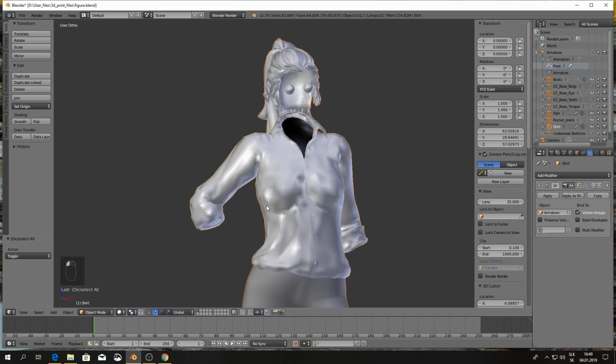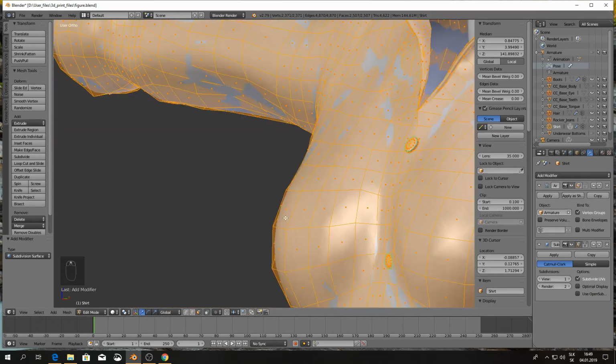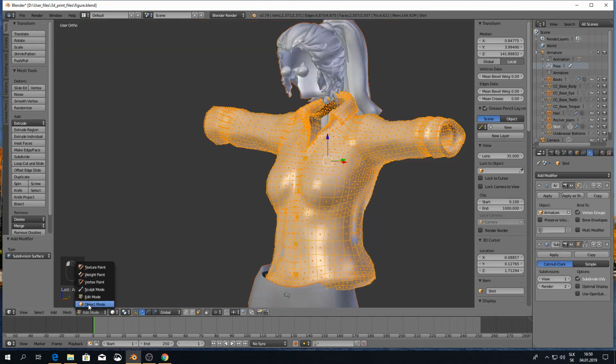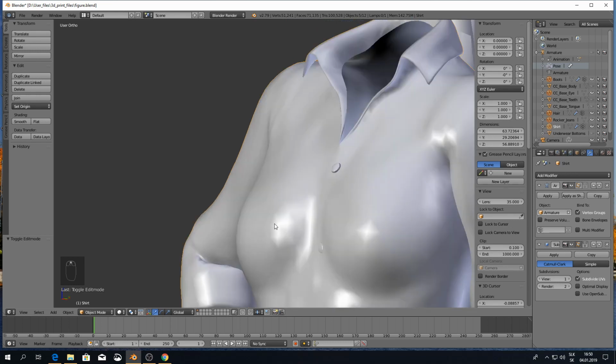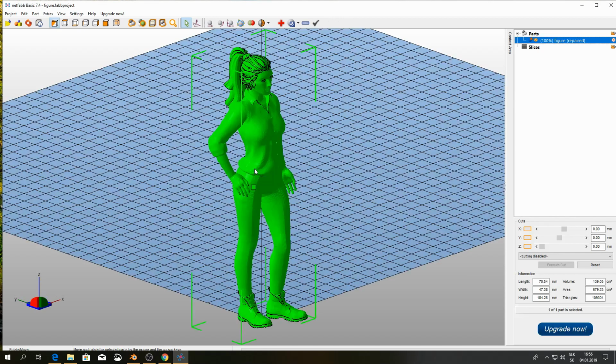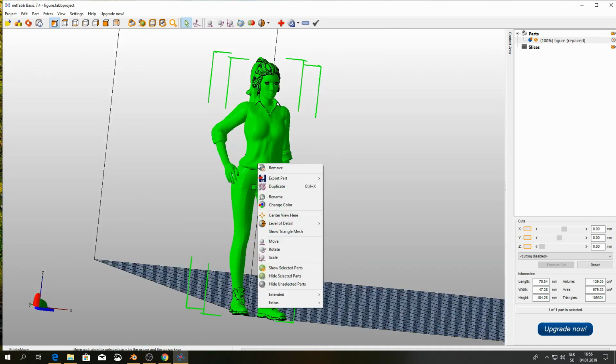This means that the model is now closed. You can see right now how we can smooth out the model with Blender. If you are satisfied with the automatic fix in Netfabb software, save the model and print it.